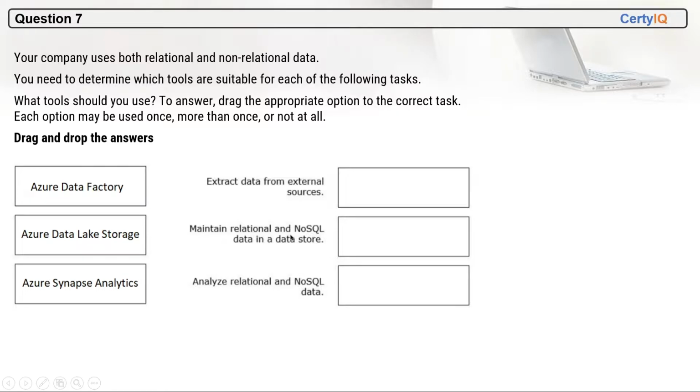Second one, maintain relational and NoSQL data in a data store. See here, what are they doing? They want to store some data, right? Out of these, only this is the storage. Azure Data Lake Storage is the only storage. These are tools that transform the data. Azure Data Lake Storage is a store that will store the data, whereas Azure Synapse Analytics is used to analyze the data, right? So keeping this in mind,